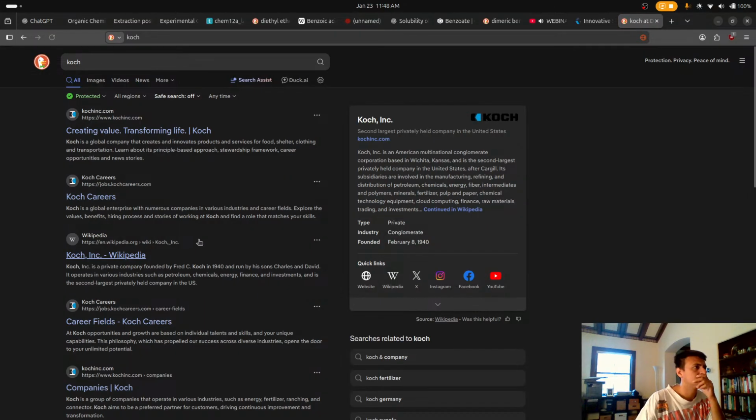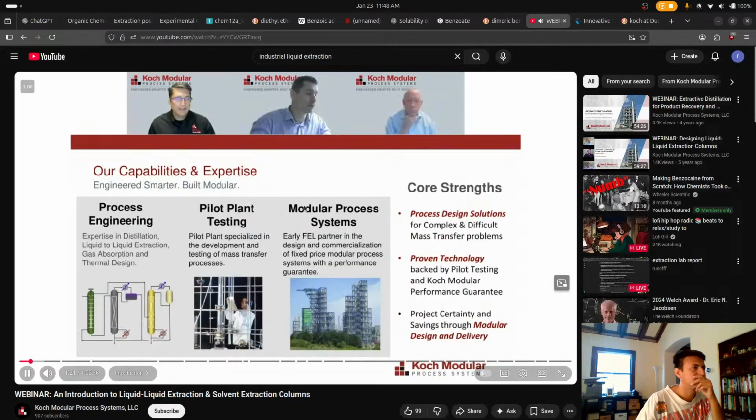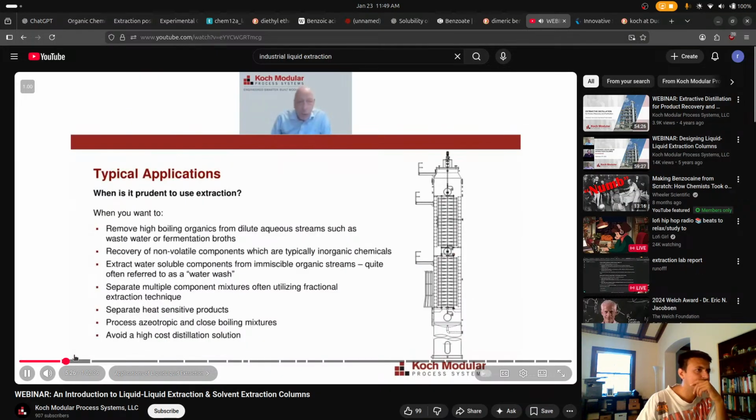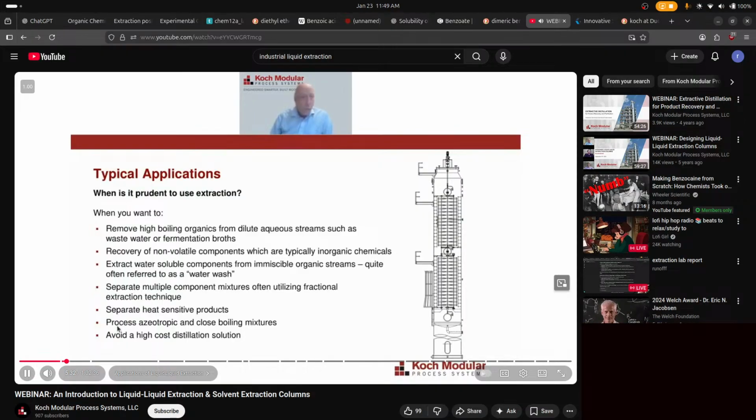And then ultimately, we deliver all our projects modularly. We don't stick build anything. Everything is delivered by truckable module, and they're about 90% complete that way. Everything is fabricated. Bullet points. The first one being when you have high boiling organics in an aqueous stream, and the second one being somewhat similar when you have non-volatile components in an aqueous stream. It's in those cases, it's very